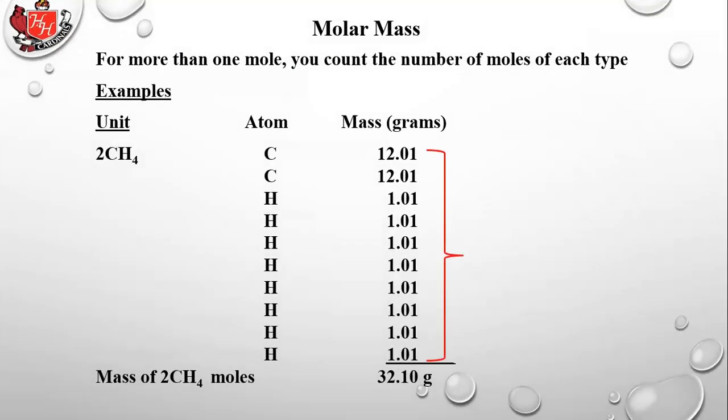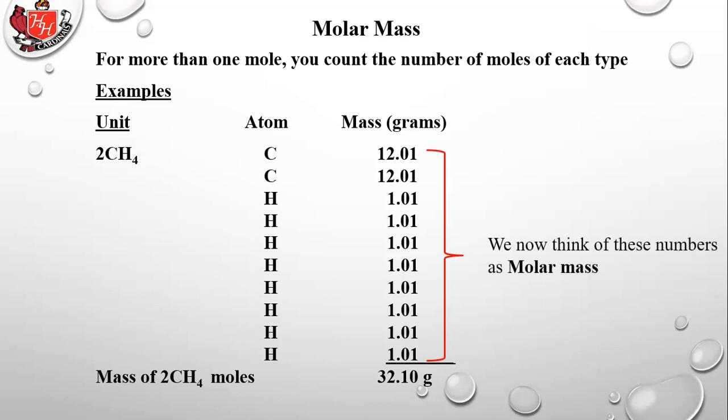So let's try 2CH4. That's methane. It's also known as natural gas. So if we have 2 CH4 molecules, it means we have 2 carbons, and we have 2 times 4 or 8 hydrogens. So you simply add up all those numbers from the periodic table, and we now think of these